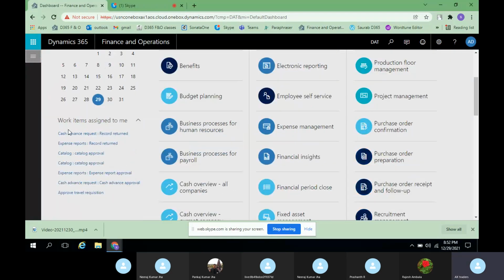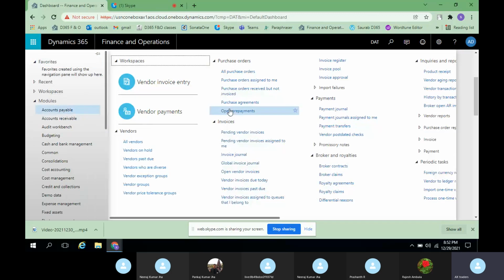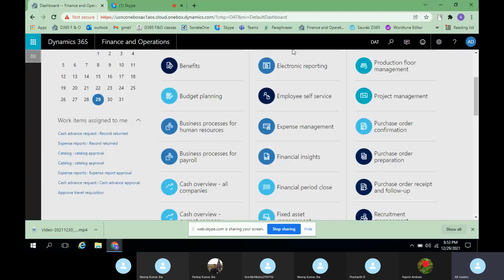And here, as I told, you can relate it to your work, whatever you're doing, right? Since you are working in accounts payable, your role will be restricted to your specific activity. Even though in your team there might be 10 members, your role will be specific to whatever activity you are doing. Let us assume that you are an end user, and instead of using SAP, you are using Dynamics 365. Daily morning, the moment you open D365 on the home page, you can see here work items assigned to me.